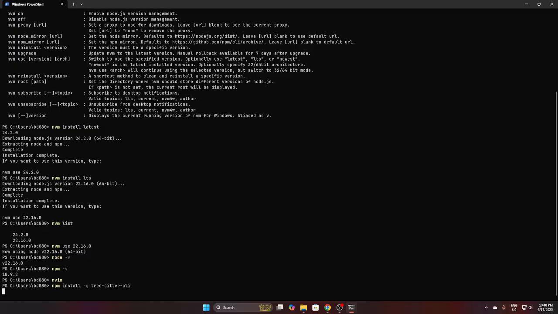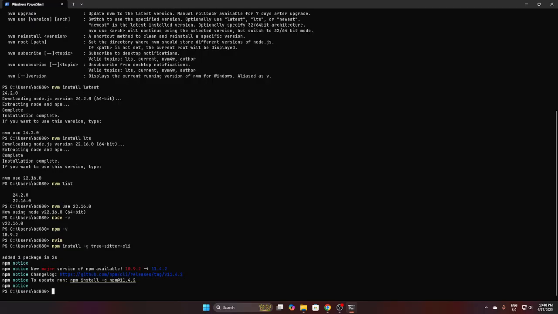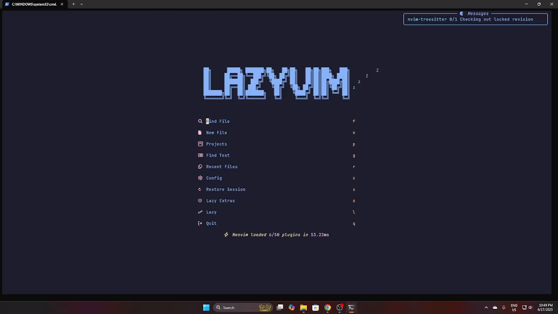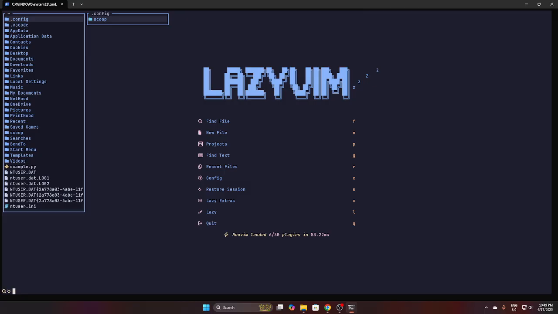So npm install -g tree-sitter-cli, so it's installing this package globally for your system. And then now you run NeoVim, it's gonna be super fast, gonna work every time,